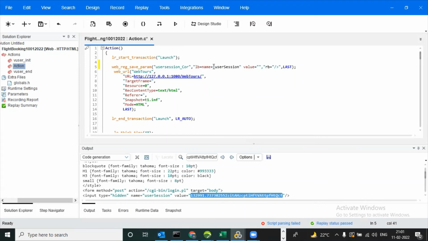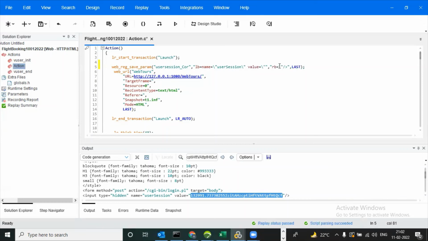But here you can observe after equal to there will be a double colon. You need to give a backslash, and after that section also one more will be there. You need to give it here, and after that value equal to one more will be there. You need to give it here, and after that RB equal to will be there.